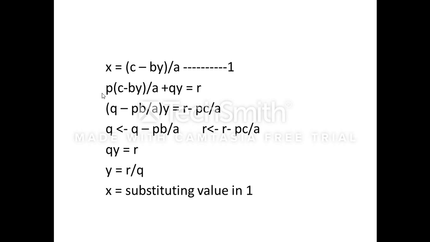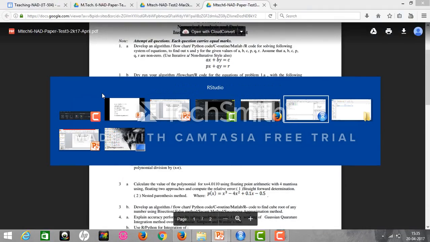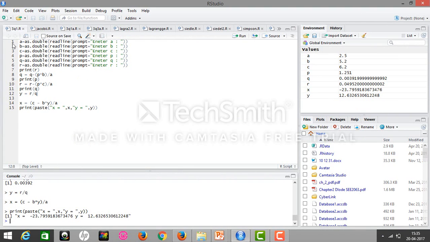So here's the code for the same. Here we have taken input of a, b, c, p, q and r from the user in double form, then evaluated the values of p, q, r, substituted again into q and r, and evaluated the value of y as r divided by q, simply as I explained in the question.